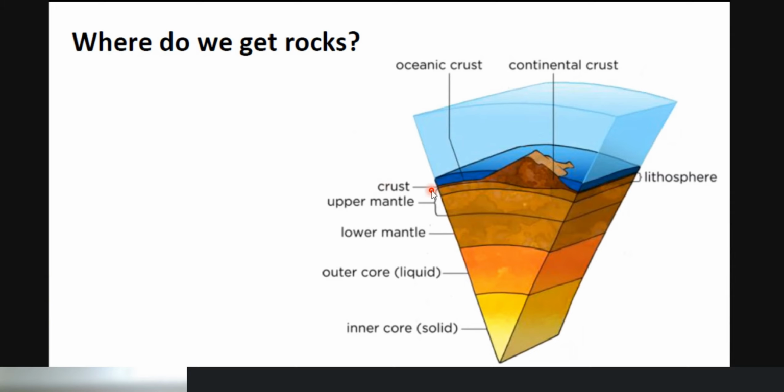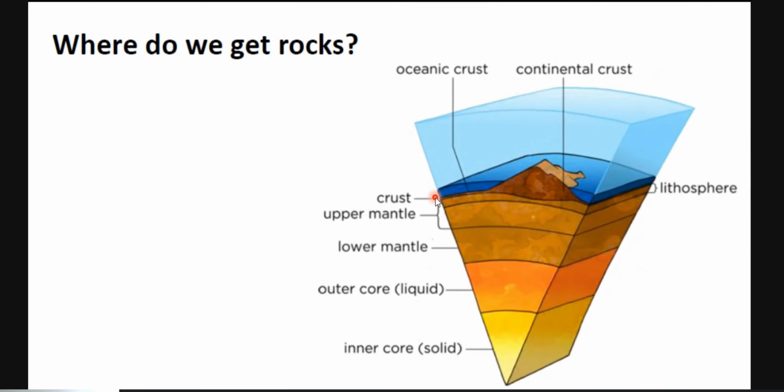Our earth is divided into three parts. The first one, the thinnest layer, is the crust, with an average thickness of 33 kilometers. Then the mantle, up to 2900 kilometers. Then the core, up to 6400 kilometers. All the rock structure we observe is only on the crust, around 33 kilometers of the earth's crust. It is like an apple: the upper layer, the peel of that apple, is something like the crust.